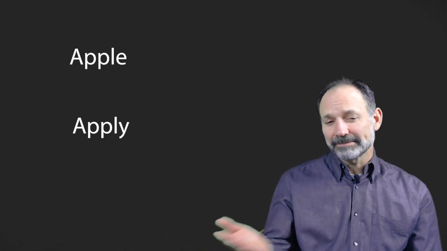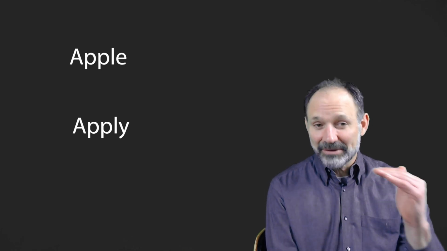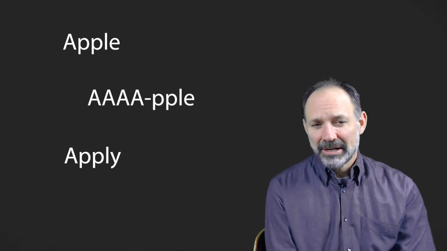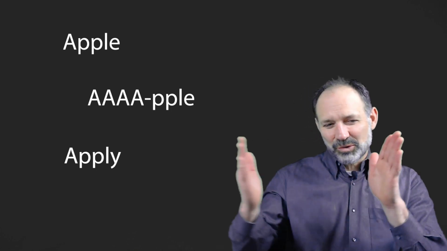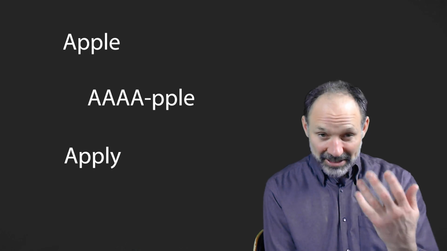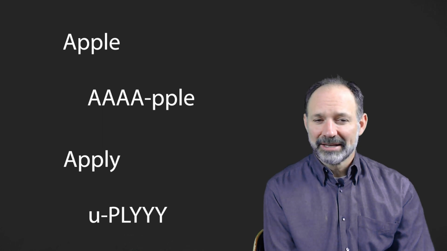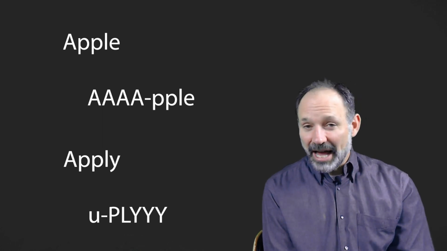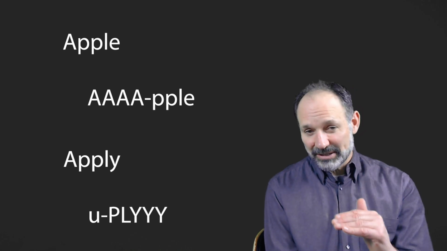Let's look at these two words, apple and apply. Both of them start with A, but the sound of the A is very different. Apple. For that word, the stress is on the first syllable, apple. I can stretch that one out longer. For the second word, the stress is on the second syllable, apply. The A in apply is just the reduced sound. So when we have an unstressed syllable, a lot of times we'll make that vowel sound shorter and just make it